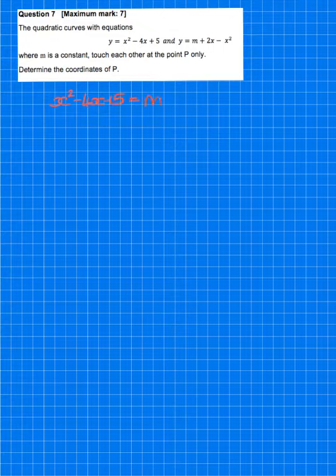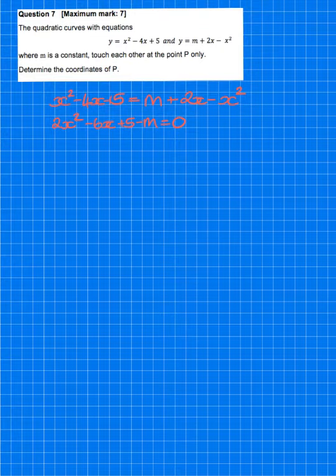And because we're forming a quadratic equation, when we're manipulating that, we're going to make it equal to 0. So we're going to bring everything over to the left-hand side, which is going to give me 2x squared minus 6x, and then plus 5 minus m is going to equal 0. So we've developed a quadratic equation equal to 0, and we can now think, well, when is that going to